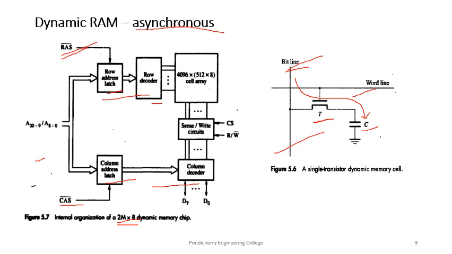In this particular example, we assume the memory device is controlled asynchronously. So a specialized memory controller circuit is required to provide the necessary control signals RAS and CAS, the row and column address strobes that govern the timing. The processor must be aware of this and account for the delay in the response from the memory. That's why it's called an asynchronous DRAM. And we have another kind of DRAM which can be synchronous, and most present day DRAMs are of the synchronous type.